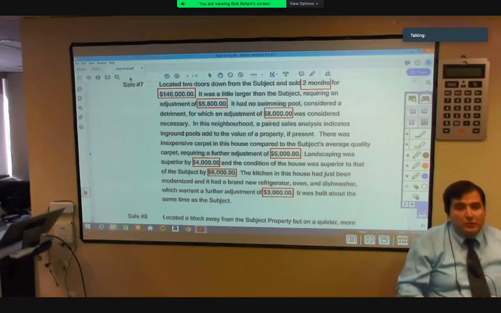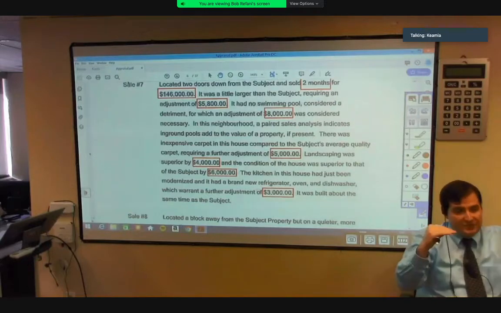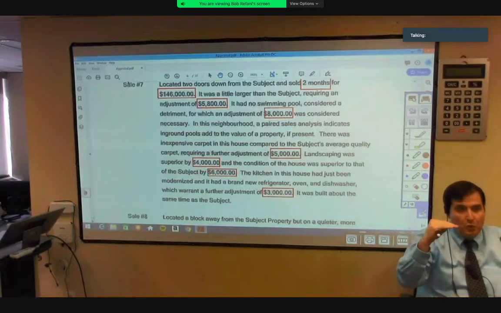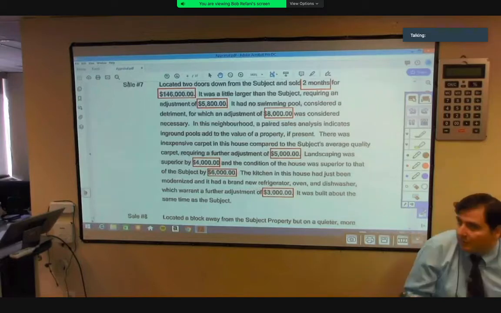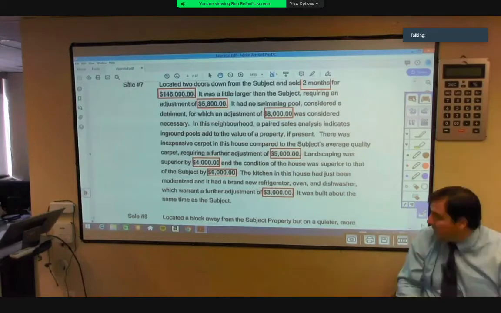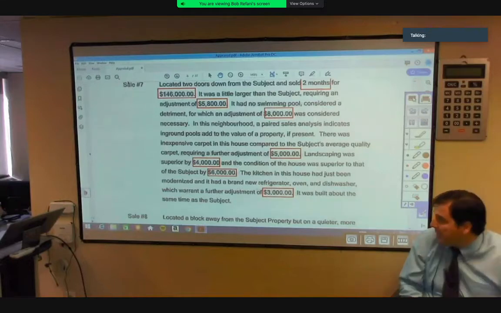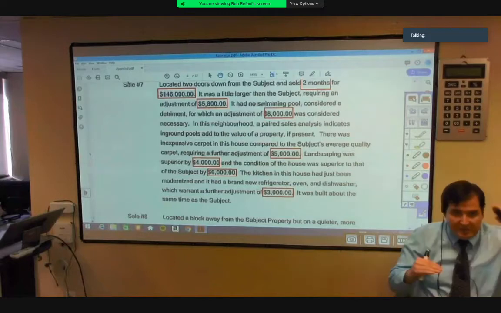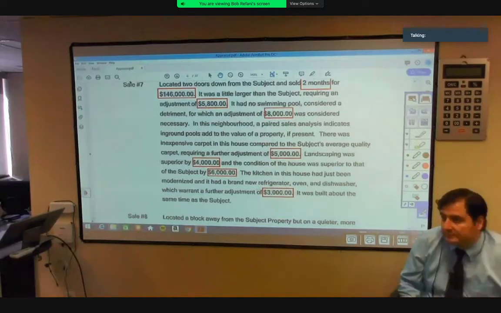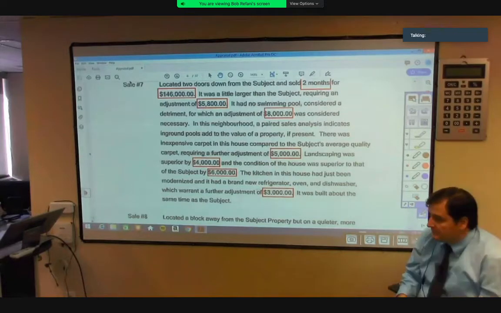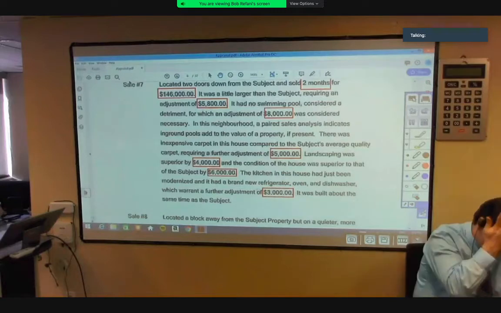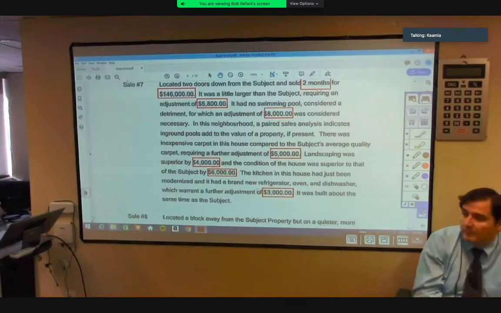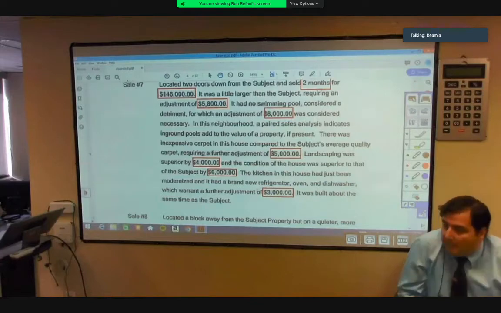So this is yours. This was superior. More is less. Less is more. More is less. So this is minus. And the condition of the house was superior to that of the subject by $6,000. So superior means more is less. The kitchen in this house had just been modernized and it had a brand new refrigerator and required a further adjustment of